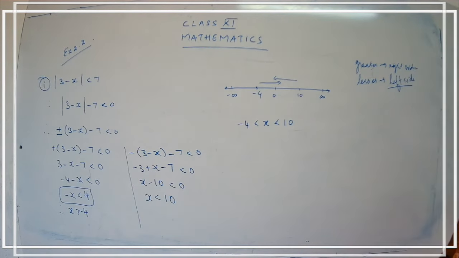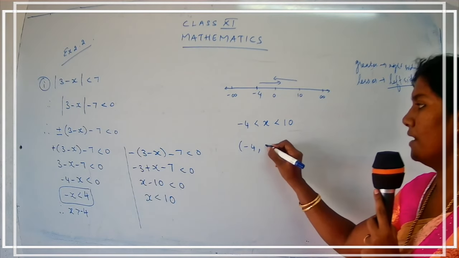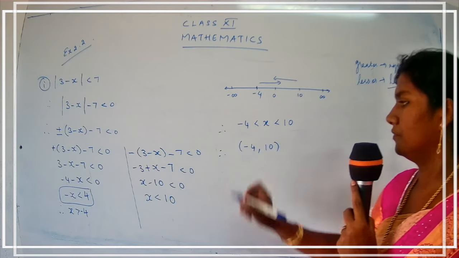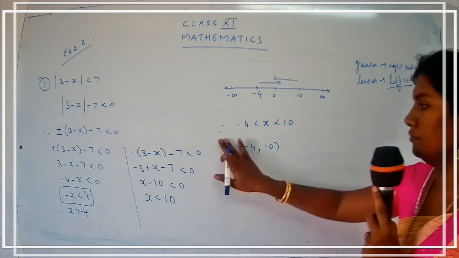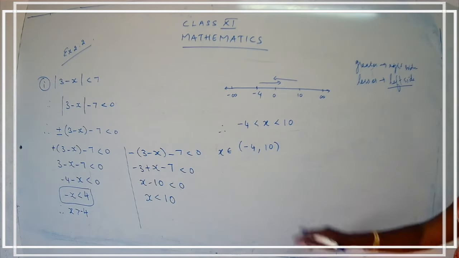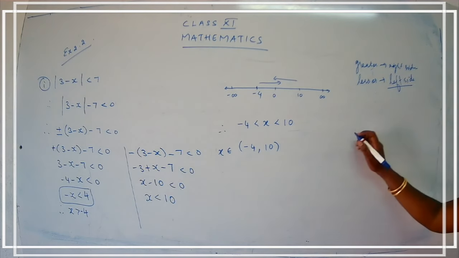This is one of the ways of writing. And also you can put here minus 4 comma 10. So x belongs to minus 4, 10. And children, see here, minus 4, 10 means if I use a round bracket, just put your pens down and